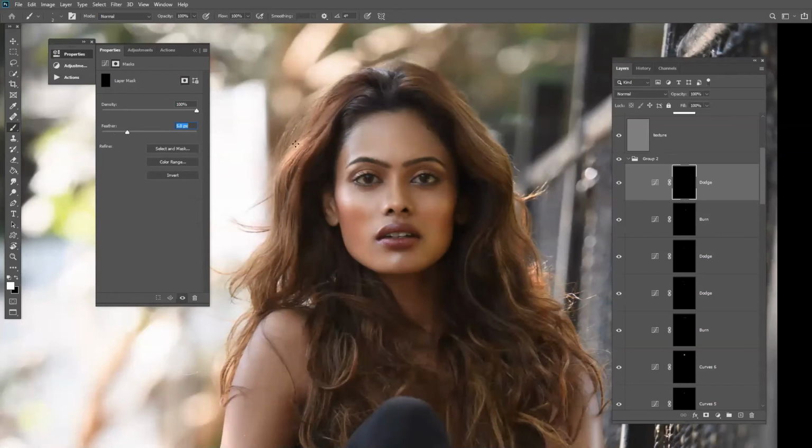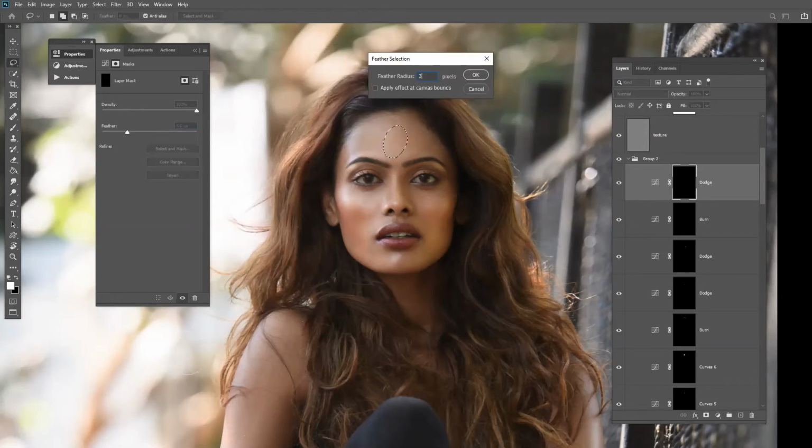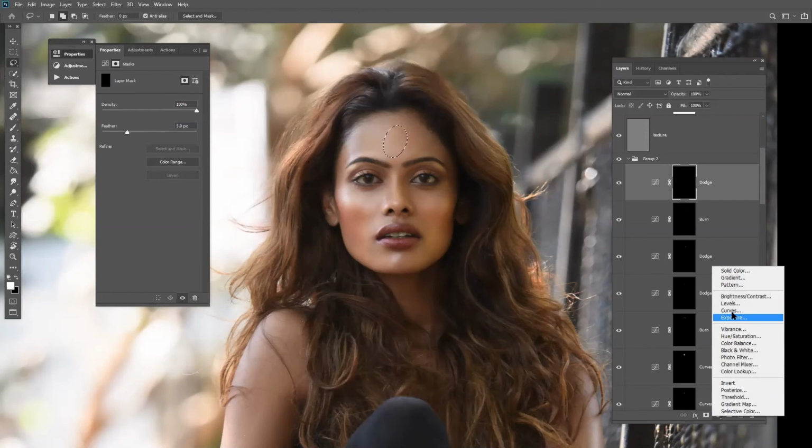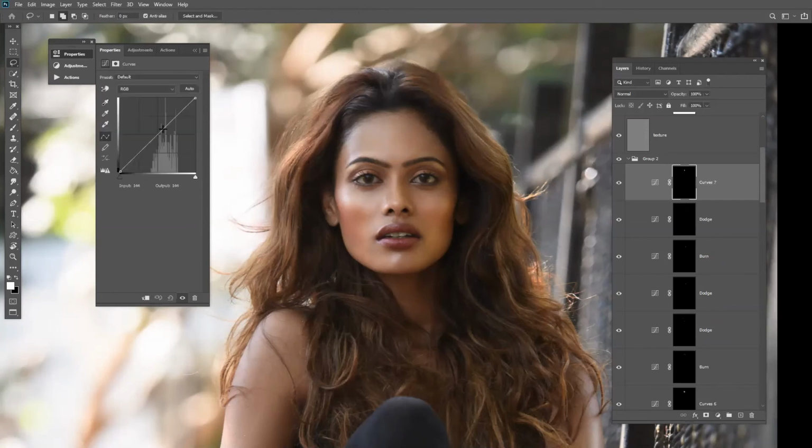Another thing that's up to you, you can easily see to that. You can enhance this forehead area to give much more depth in your photo. It's all your choice. It's not bounded that you have to do it. It's according to you. For dodging and burning, it's all your choice. You don't have to be bounded to do such things, like you have to do this and don't do this.